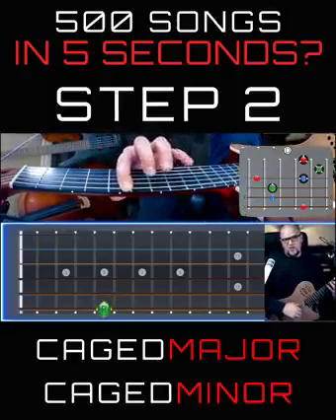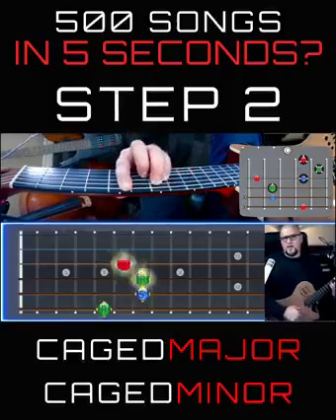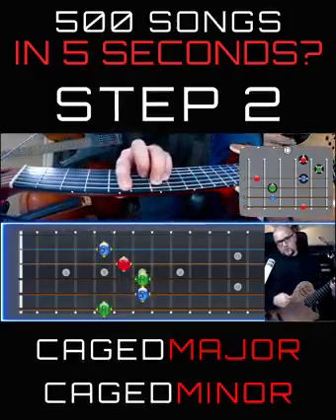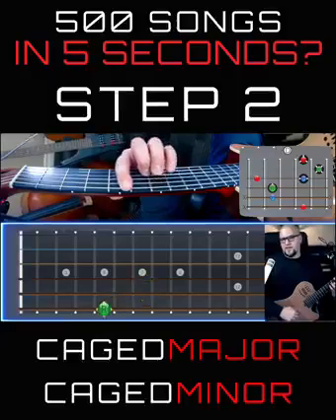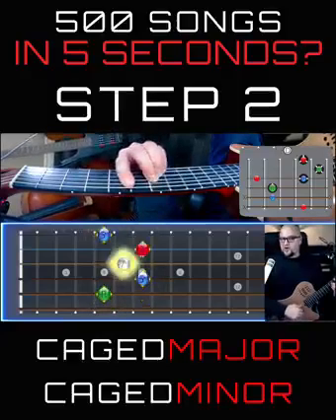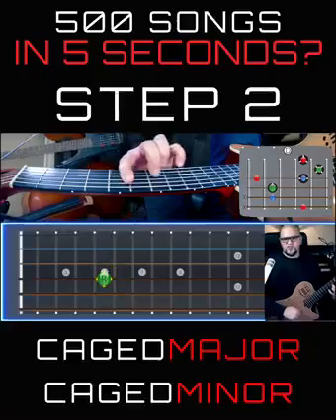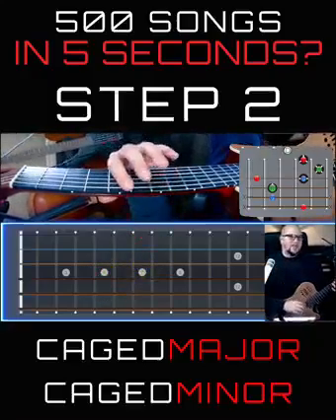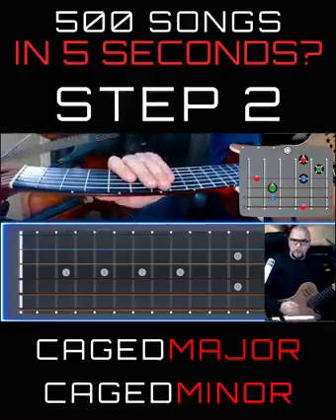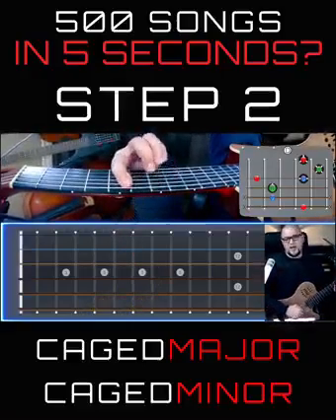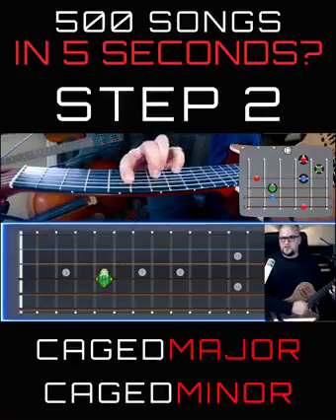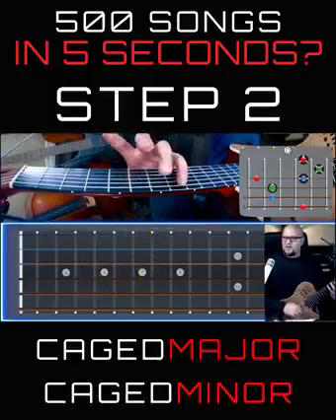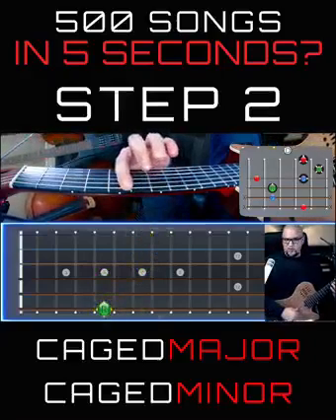It's high. All this stuff is higher up, right? I am above the root. Same with the A form, I'm above the root. I'm to the right of the root. Same with the D form. So when you're using these above forms, the name of the string will tell you the form. E string, E form. A string, A form. D string, D form. But what happens if I'm playing that same chord, but I happen